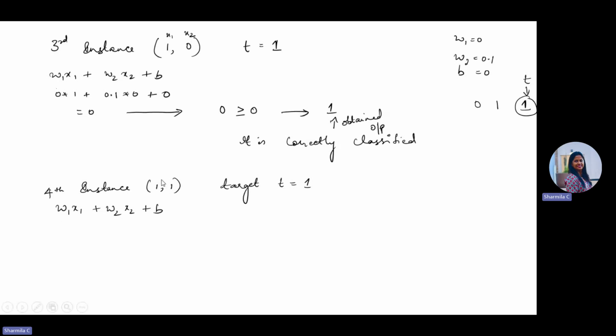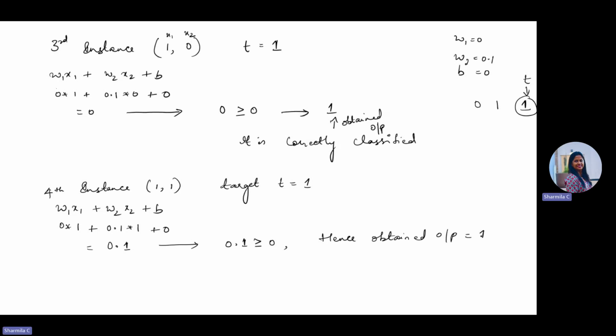So what is w1 now? It is 0 into x1, which is 1, plus w2, which is 0.1, into 1, plus the bias, which is 0. So we get the answer 0.1. Now this 0.1 is sent to the activation function. So 0.1 is greater than or equal to 0. Hence, the obtained output is